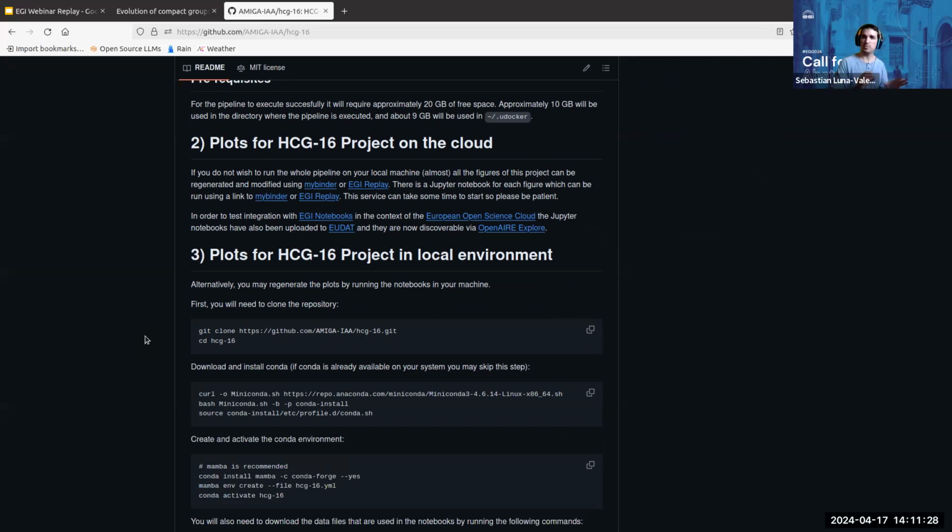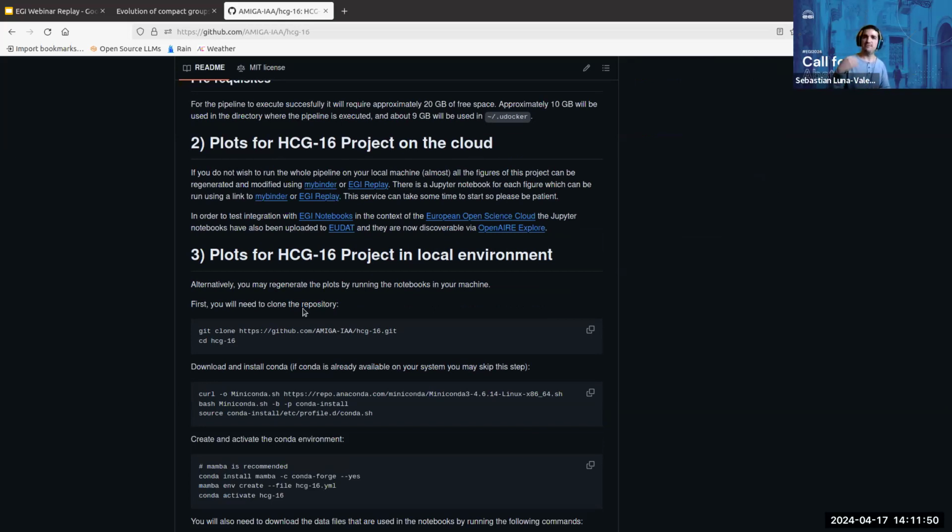And there are 2 options here. Option 3 is where you can download everything again on your computer and install it using the conda environment that we see. This should work for a lot of people, but still it may be a problem for other people to recreate exactly the same environment due to operating system dependencies and other issues.